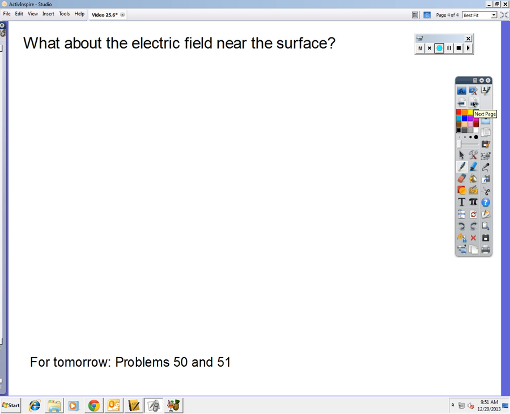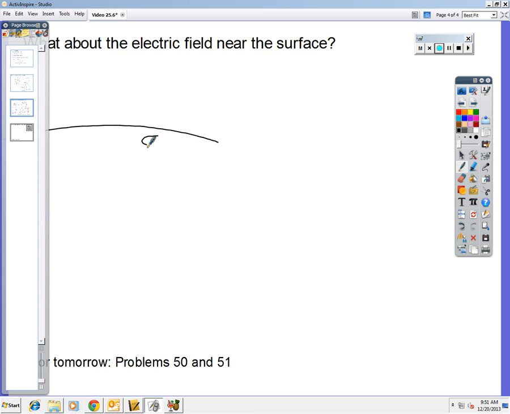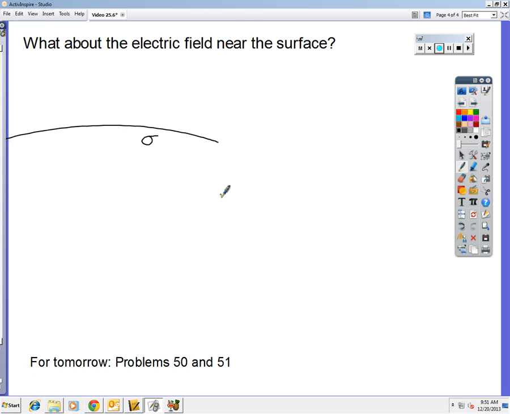And now let's look at the electric field near the surface of a conductor. So here's the surface of a conductor. It has charge density sigma, and we want to know what the electric field is right outside the surface. Now the first thing we'll do is remind ourselves that V is uniform in a conductor. And that means that the surface of the conductor is an equipotential,